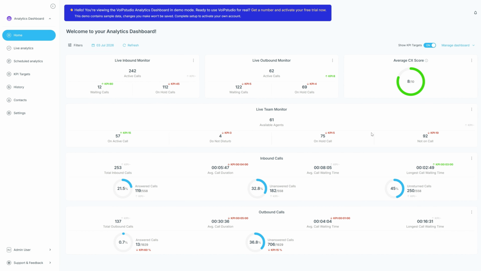Again, this is the new analytics portal. It's available now. We're actually in the process of giving access to existing customers. So if you'd like to get ahead of that queue, drop us a message and we can get you set up. But certainly if you're signing up with VoIPstudio for the first time, this is the analytics portal that you will get access to